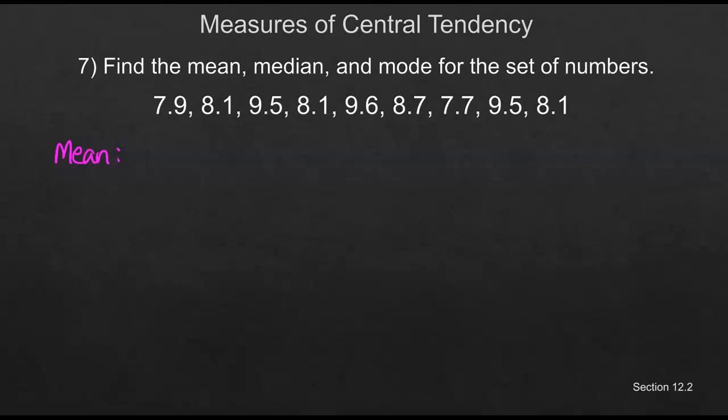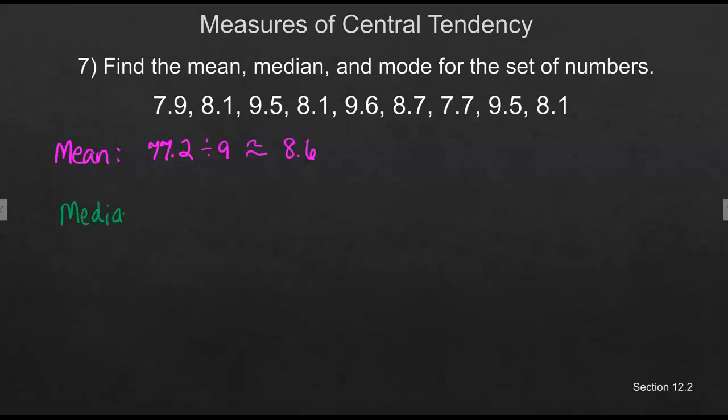So this total is 77.2. There are 1, 2, 3, 4, 5, 6, 7, 8, 9 numbers, so I'm dividing by 9. And I'm going to round this to the tenths place. All of these numbers are already rounded to the tenths, so it makes sense to do that for our answer. 8.6 then is our mean. Okay, for the median,